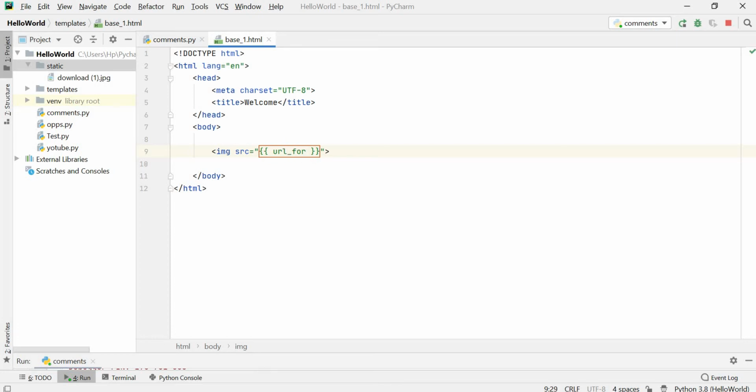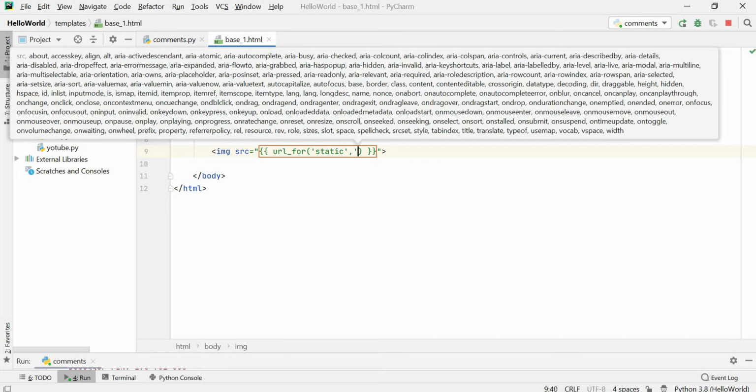What is this url_for? It checks the path of your image file. Inside it you pass the path, that is static, the folder you made, the new directory. After that you have to give the file name.